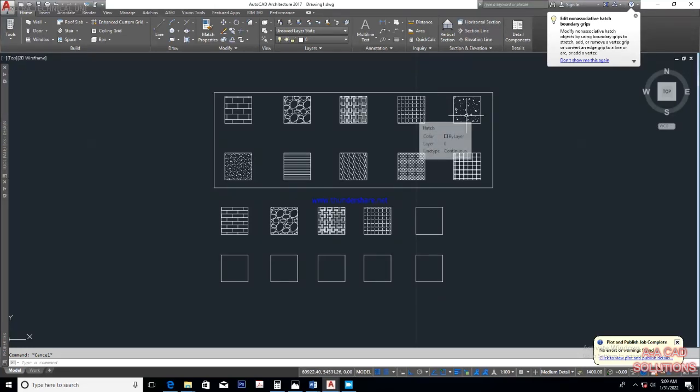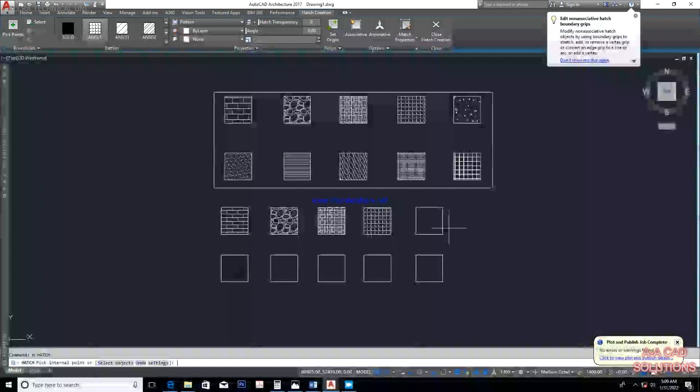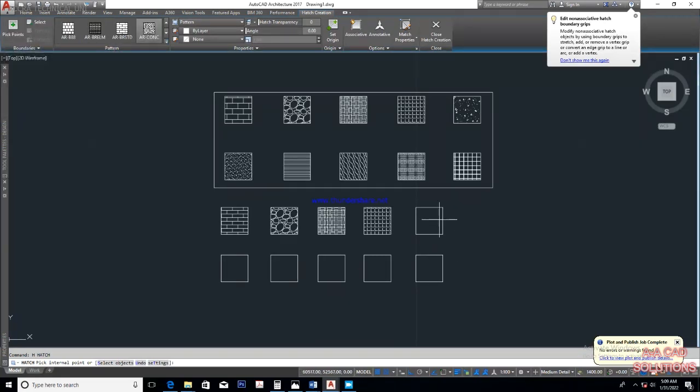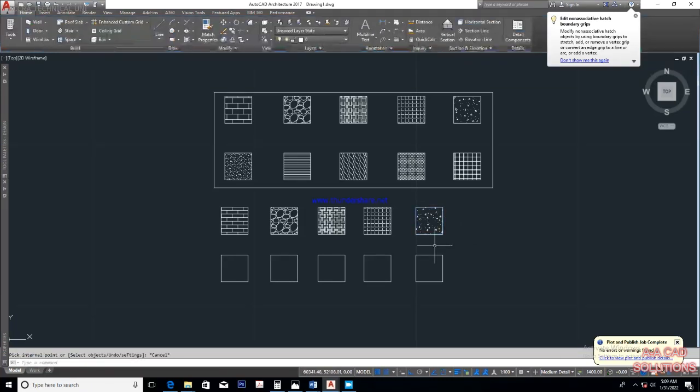This here is a symbol for concrete that has been cast. You can also see it in the hatch buttons. You say H, enter. Let's go look for it. It is AR-CONC, concrete. So select it. You click it and then you escape. We have it. These are all hatch patterns,